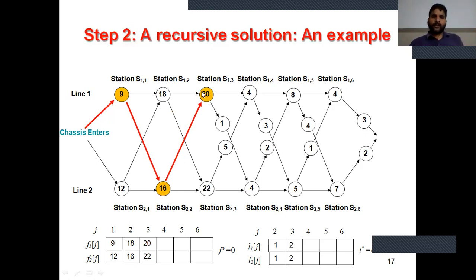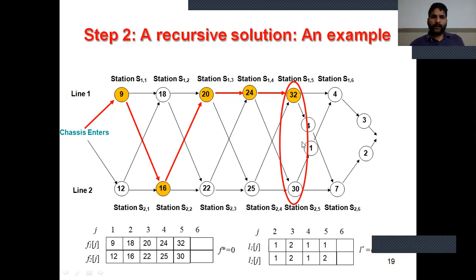Now the minimum value is 20, so follow the path from 20 in assembly line scheduling, station 1, comma 3 equal to 25, and this is 24. So follow the path from line 1, this is 24, 1, 1. Now 24 plus 3 plus 5, 8, and directly 24 equal to 8, 32, both are equal. Sorry, 32 and here 30. But in this condition, 24 equal to 32 and 25 equal to 30.